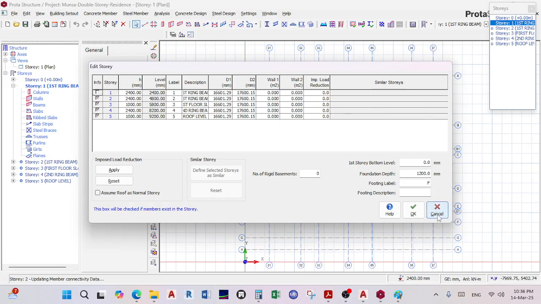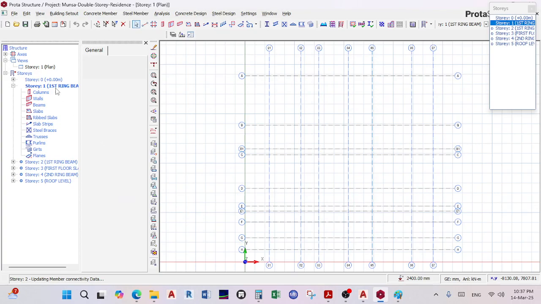The problem was that it was reading that floor as the foundation. That's why when we were placing those slabs, it was writing F instead of S. So now I'll give this an offset of 200 here, so that it will start at 200, and then my ring beam will be at 24, my floor slab will be at 6, and so on and so forth. So if I say OK, now what will happen is that when I change to 3D like that,